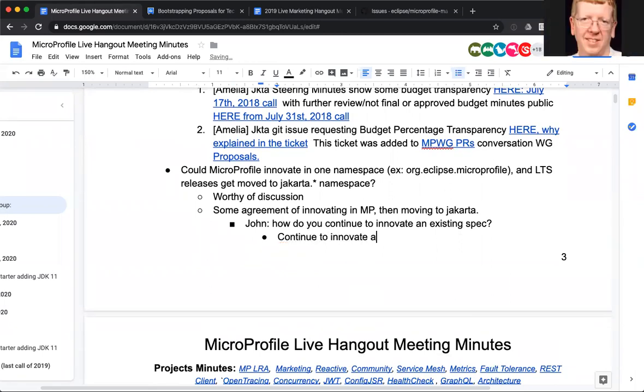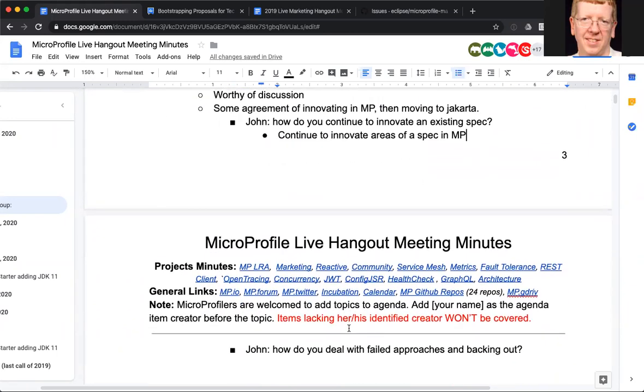There will be places where that doesn't really work, and then you're stuck with how to effectively do the experimentation that you need to do without disrupting the stability of the current package. Right. Like say, for example, CDI was MicroProfile and moved over, but we have all these CDI related concepts that we think are really innovative. But we have no idea if they're going to work. So we want to try a bunch of them out, like a cloud scope, just random idea, right? You know, it's a CDI scope, but it's for your cloud native stuff, and it says I got one of these per cloud. Okay, whatever.